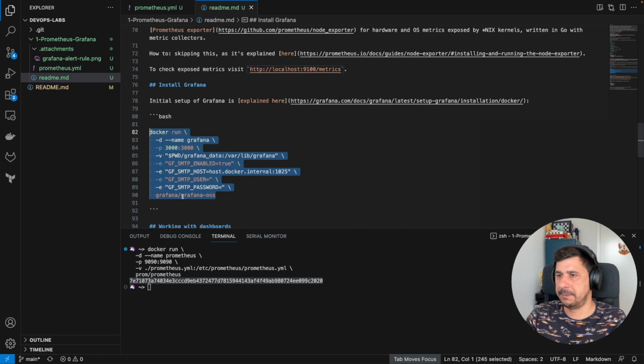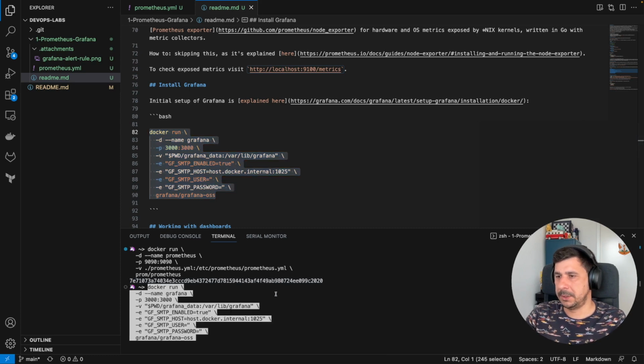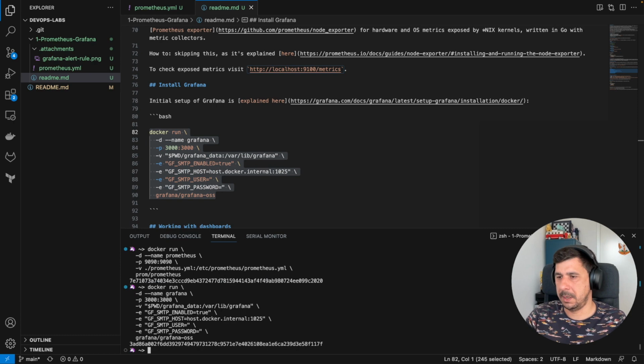And again, the Grafana / Grafana OSS, this is the official image coming from Docker Hub. There's also an enterprise version available, so it's going to be a different image, of course. So I'll just paste it to my terminal, give it a go,